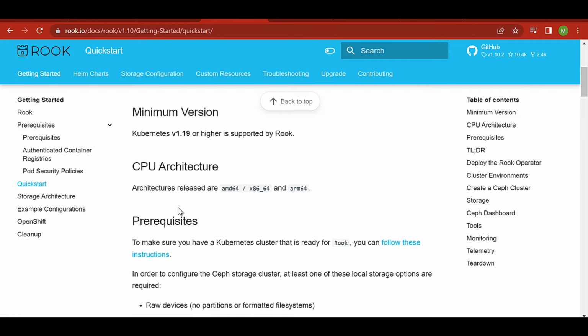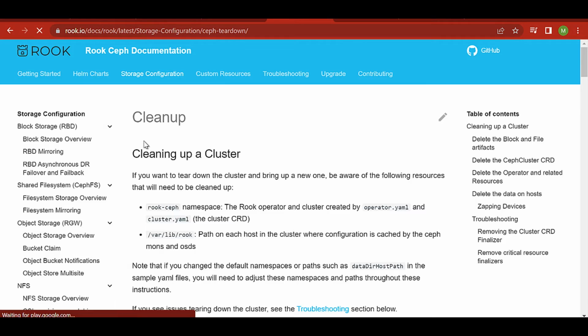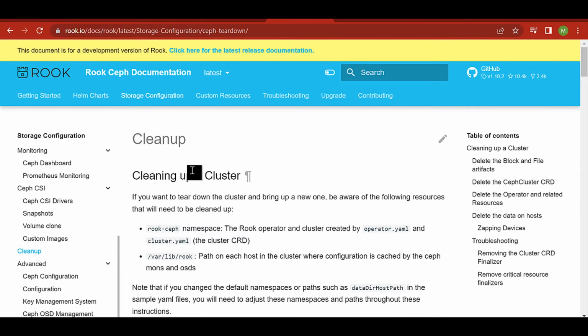Before going to that, if I had already installed anything, we need to check the Rook Ceph cleanup document. We need one unpartitioned hard drive for the Ceph installation. Ceph won't use an already existing hard drive or formatted storage. So we need one external hard drive which is unformatted. Ceph will handle everything from A to Z.